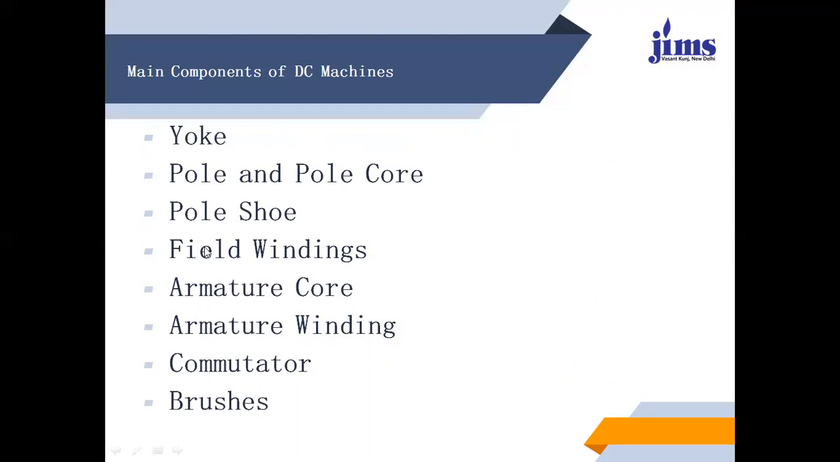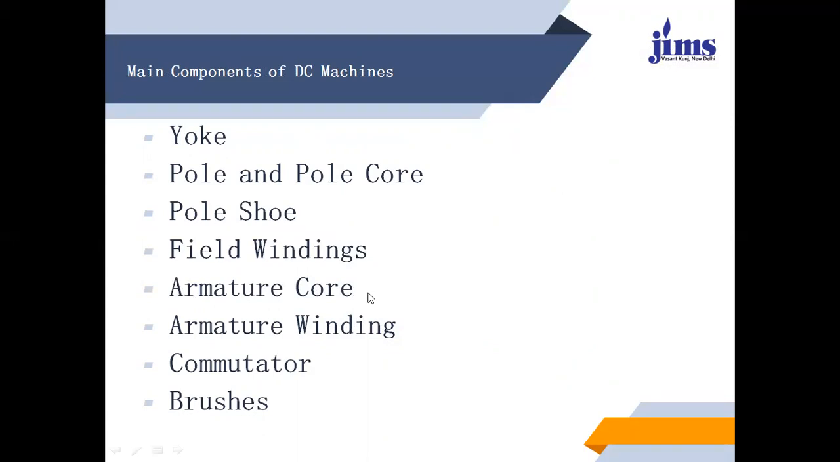There is a field winding. It will be designed on the basis of which type of machine it is, whether it will be a heavy, high current machine or a high voltage machine. It will be wave wound or lap wound. Then there is an armature core. Armature core is the part of the